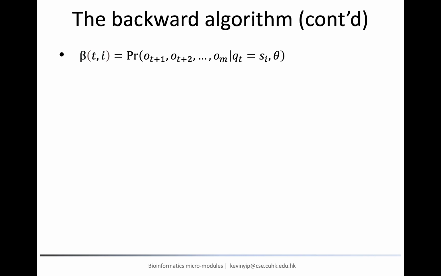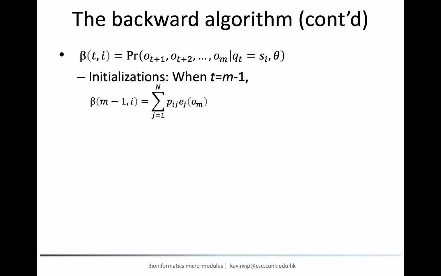Now, with the dynamic programming table defined, we again need the initialization formula, recursive formula, and a way to get the final answer from the table. Since the backward algorithm works from the last step backward, we initialize the table by computing the entries for step m-1. The resulting initialization formula is shown, the proof of which will be given later.